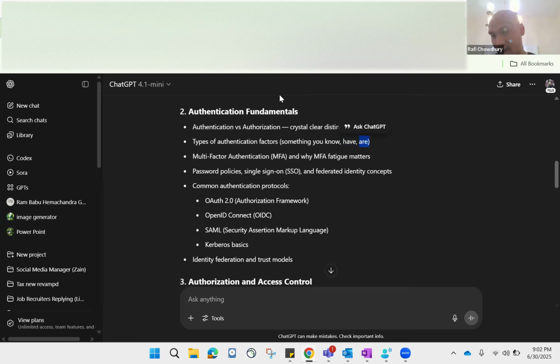Or when you try to access something and you have to put your fingerprint, like on your laptop, that's something that you are. It's called biometric. So those are the two or three general types of authentication factors. Most of these different technical authentication factors that you named fall under these three categories. Does that make sense? So the face ID and fingerprint falls under biometric,